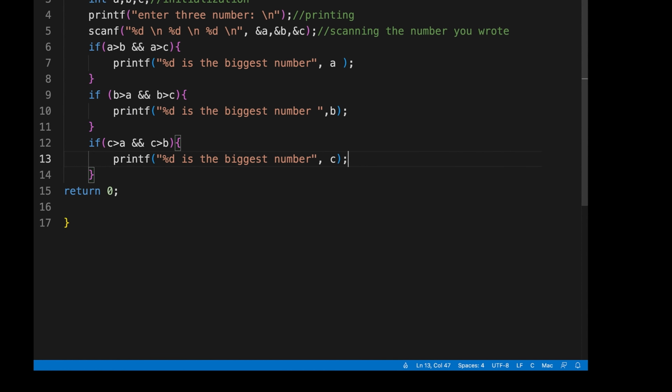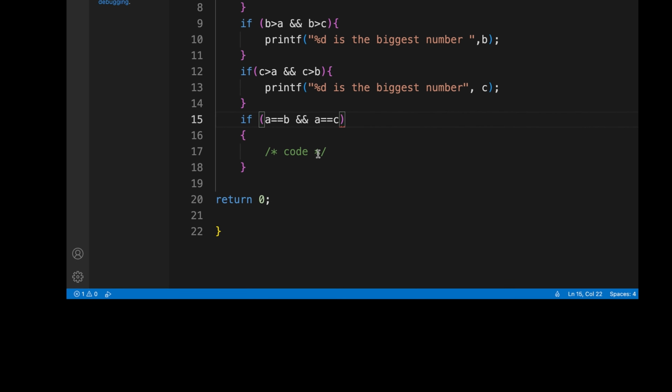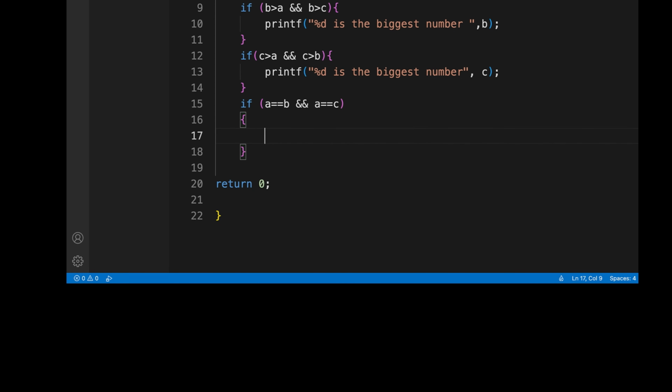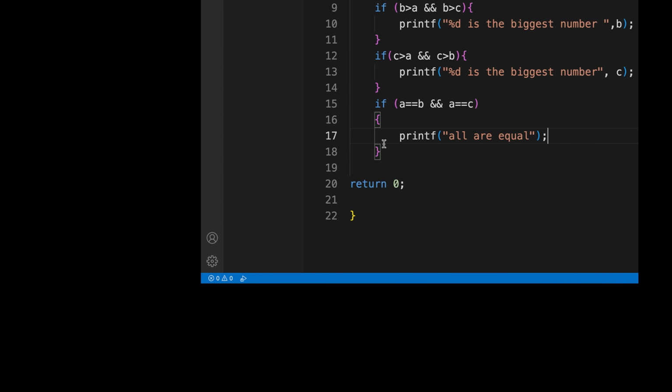So what now is I'll also add another line. So if you'll see, when I start writing if, okay, and press enter, it will ask for condition, okay. So if A is equal to B and A is equal to C, then the code here will run, that is printf all are equal, and that would be,